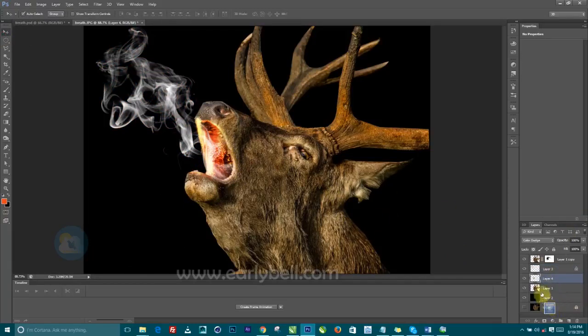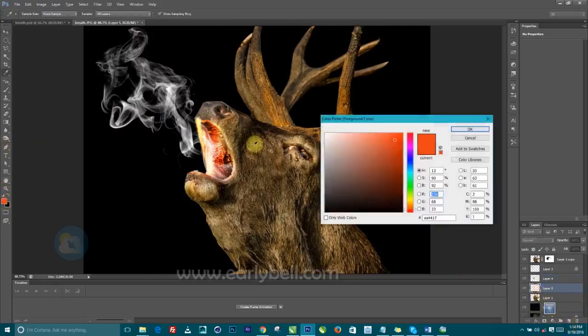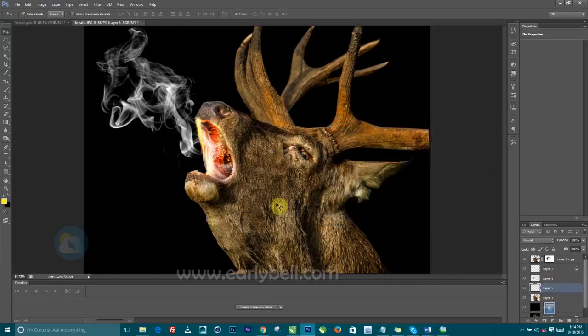And the next thing I'm going to do is also to create another layer, and on this layer I am going to make this color a little bit bright. Then I'm going to paint around the region of the neck, so I'll press B on the keyboard. Then on top of my layer I am going to paint this. Now notice that as I'm painting,